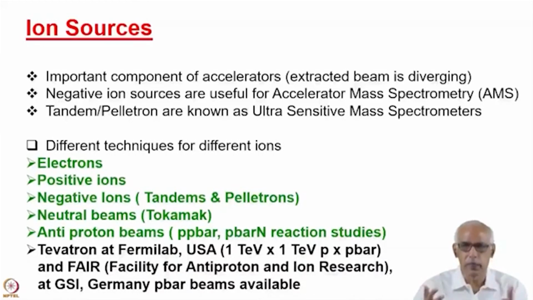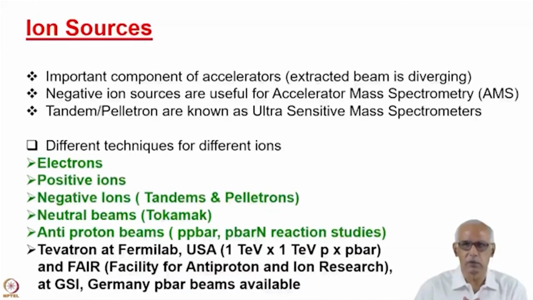Some elements form negative ions, others don't, and that characteristic is used in tandem and peloton kinds of accelerators. The sensitivity of detection of many elements in accelerator mass spectrometry depends on that. And since we have to inject negative ions in tandem and peloton accelerators, they are called